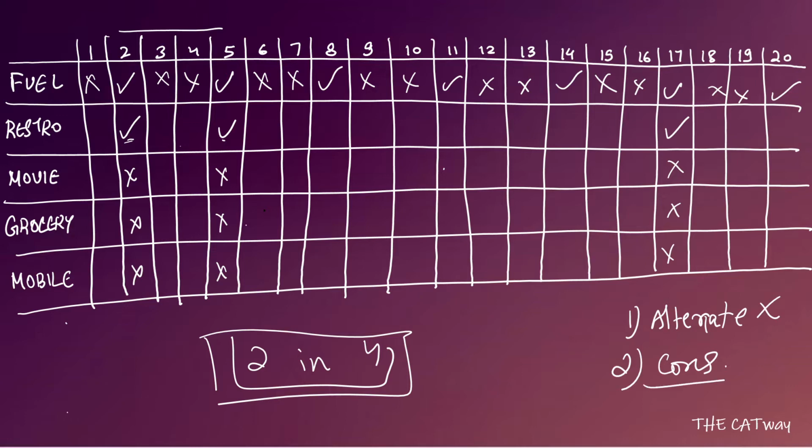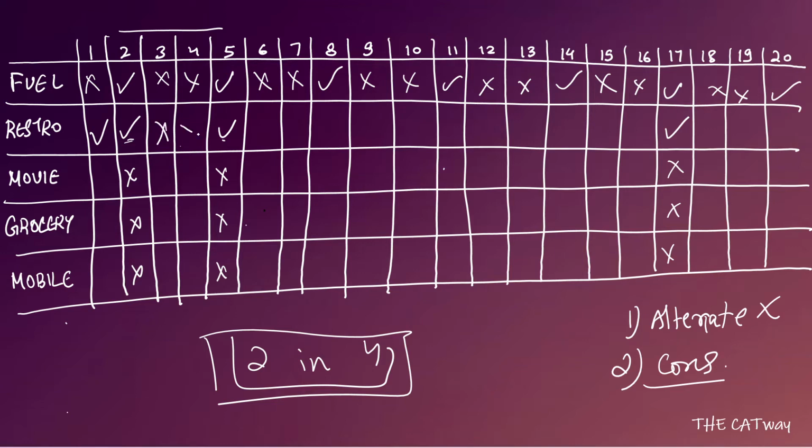Talking about consecutive, there can be two cases. It can be 1 and 2, it can be 2 and 3. So talking about 2 and 3, again 2, 3, 4, 5, 4 days. In 4 days it has come on 3 times. So this case is also not possible. So definitely the case which is going to be followed is day 1 and day 2.